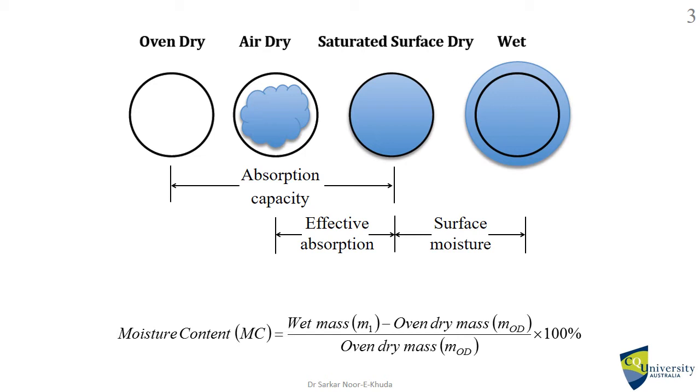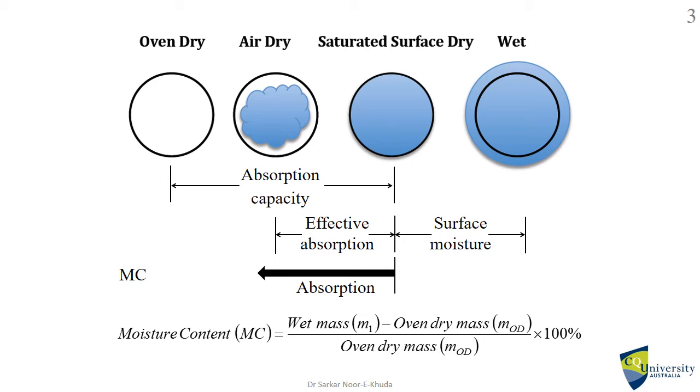Now we will briefly look into the significance of state of moisture content of aggregate in regards to fresh concrete. If we are using an aggregate sample having moisture content less than its absorption capacity, that aggregate will absorb moisture from the concrete mix and reach the SSD state. Here I am referring to aggregates shown at the left side of the SSD state. If these aggregates are used in concrete, it will demand appropriate adjustment of water by increasing the water content of